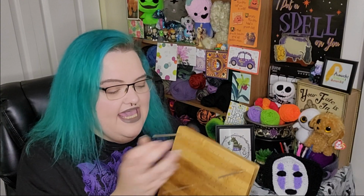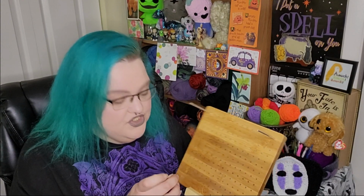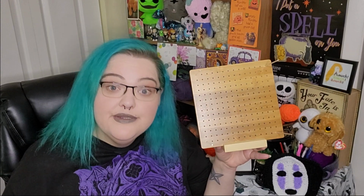And this is a blocking board, a stretching board for granny squares. And I tell you guys what, the difference it makes with just simple, solid granny squares, even with acrylic, stretching it out on this board and just letting it sit here helps block it without needing to block it so much, right? It's not going to be perfect, and it will not stay this...